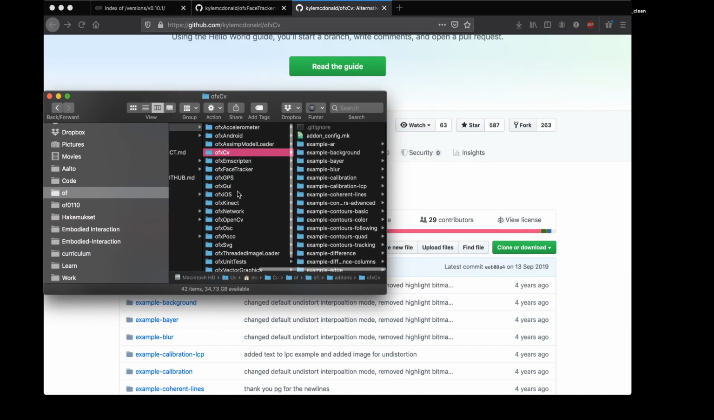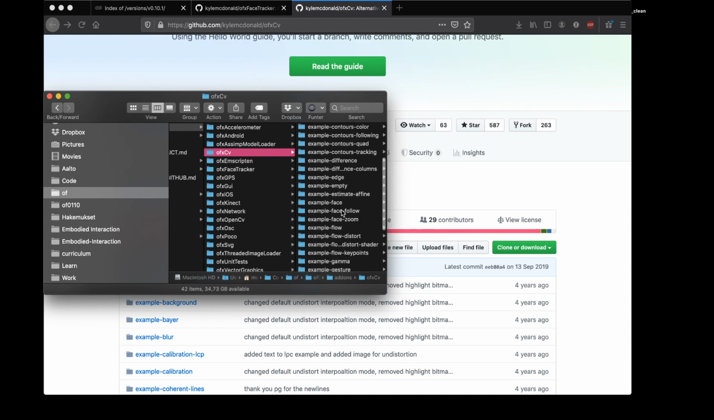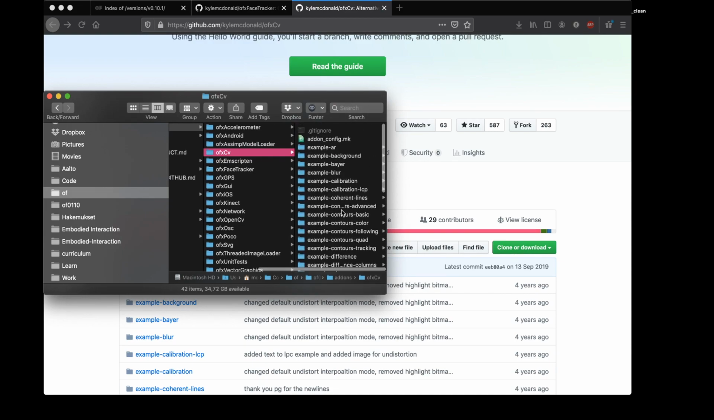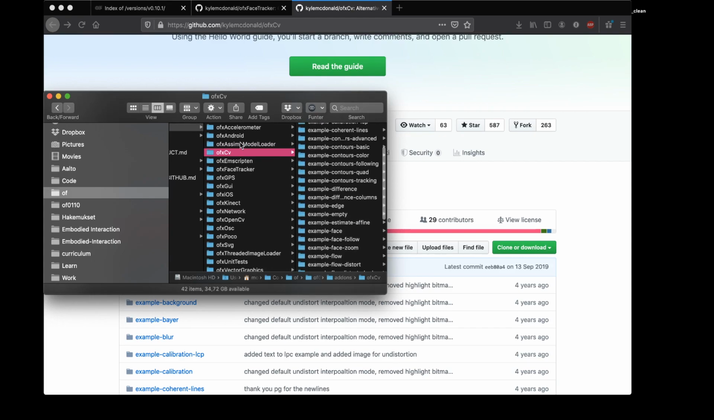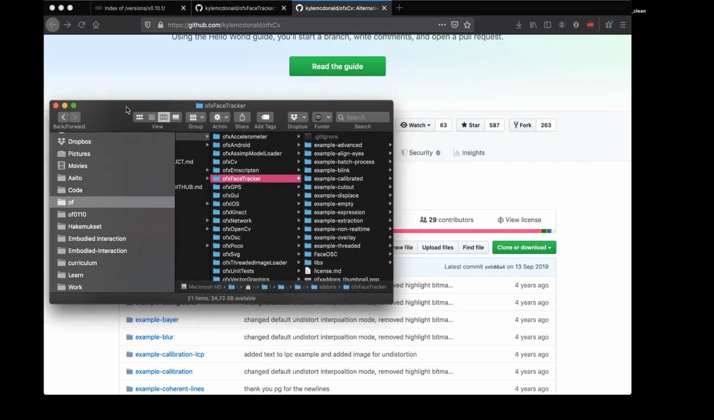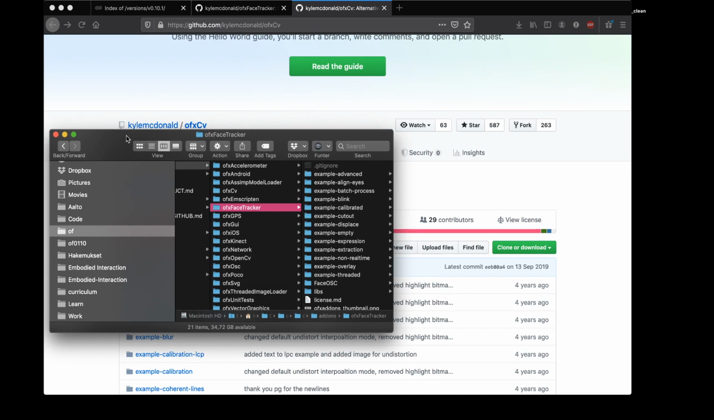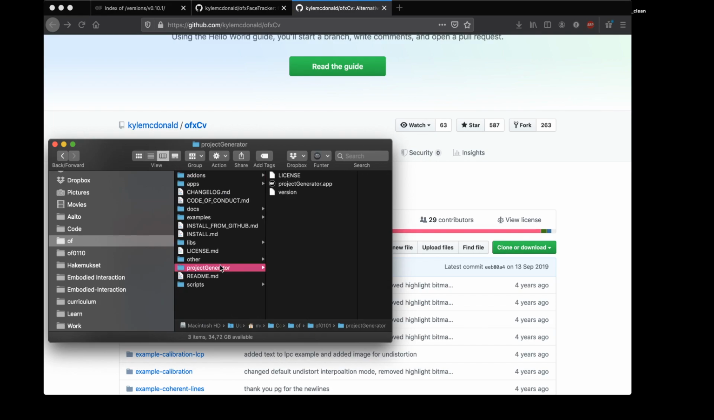And at this point we could try running some of these examples that come with the FaceTracker add-on. So these are the examples. But rather than doing that, I would like to actually show you, and we'll make our own project from scratch, and I'll talk you through the different steps that are involved to get this add-on working. So go to your project generator, run it,